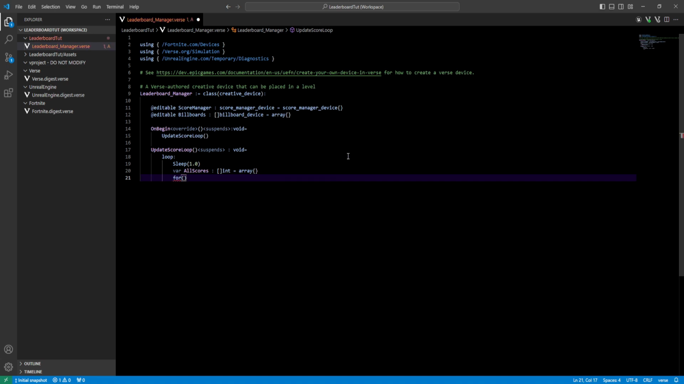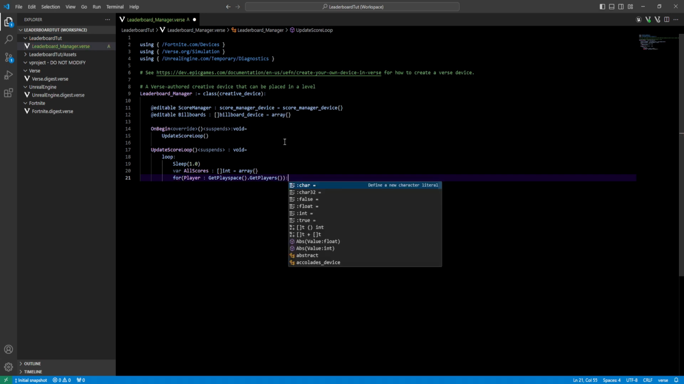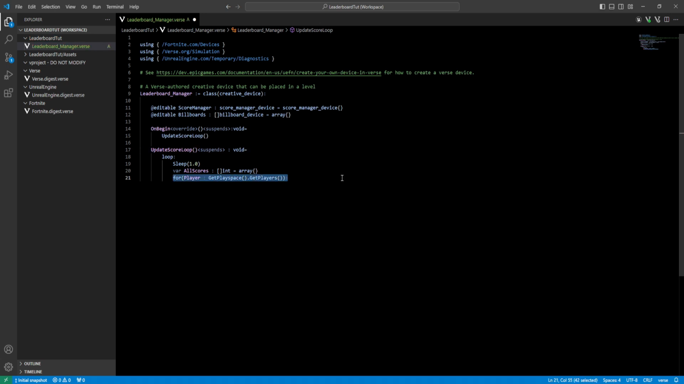To get every single player's score, we're going to say for every single player in get play space. So this will get the play space, and then in that play space, we want to get all of the players inside of it. With this, we're going to go through every single player in our game. And then for every single player, we are going to get their score. So we'll say current player score is equal to, and then to get their score, if we go to our